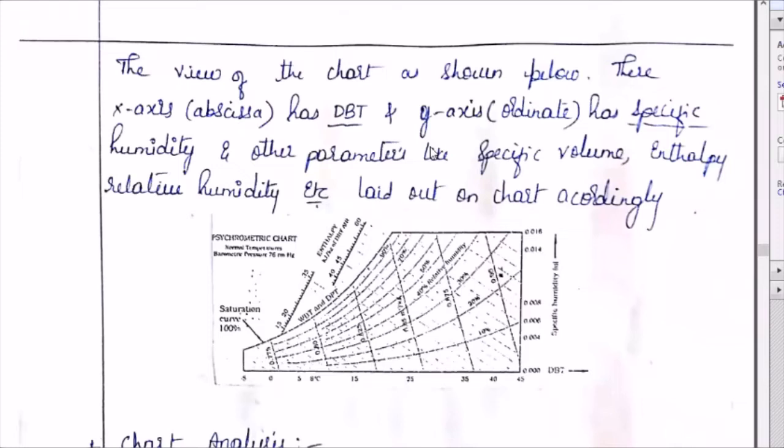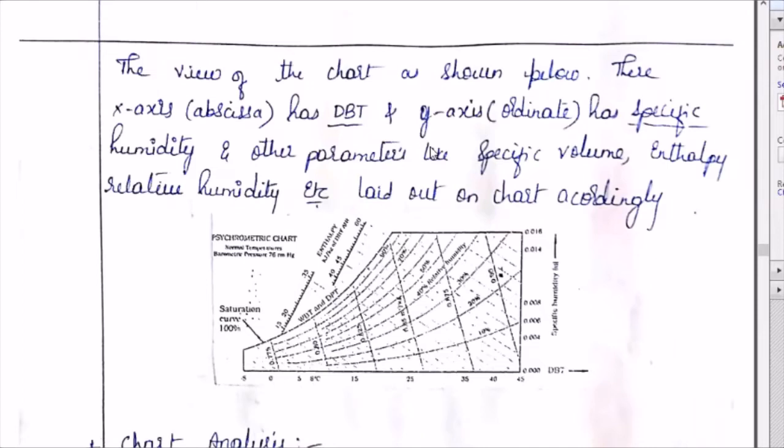Now this psychrometry chart looks like a shoe. You can observe the complete outline of the psychrometry chart looks like a shoe. So this chart is also called a shoe chart. We not only call this a psychrometry chart, we call it a shoe chart. Why do we call it a shoe chart? Because the complete outline shape of the psychrometry chart is like a shoe. That's why we call it a shoe chart.